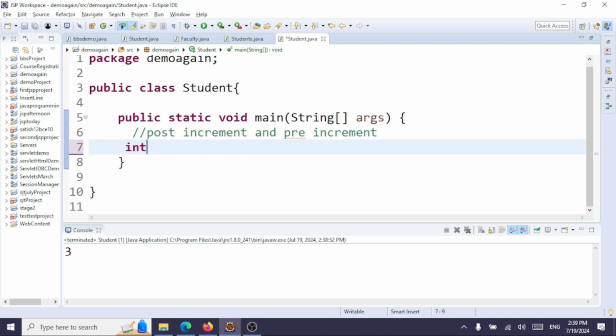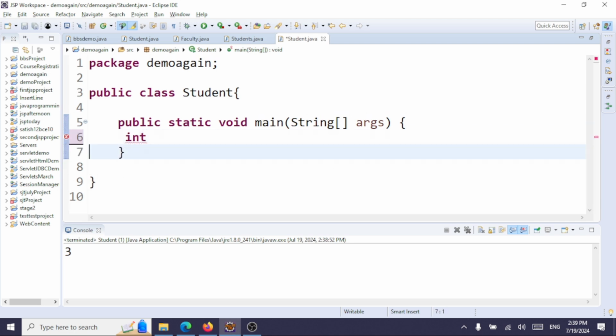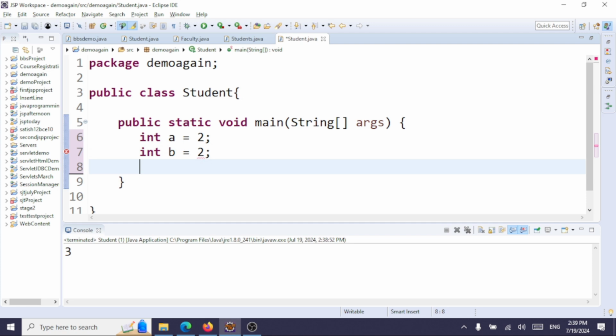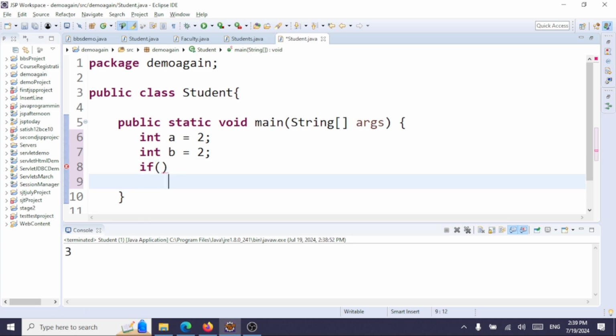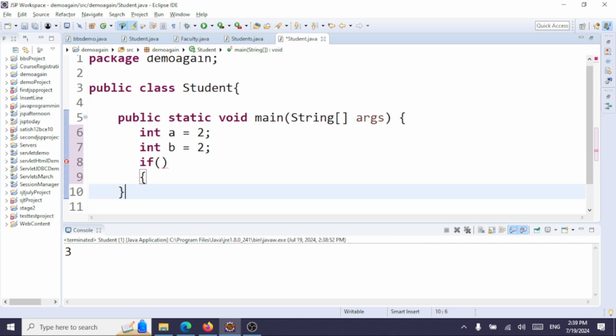Comparing two numbers, let's delete this. Let me say int a equals 2 and int b equals 2. Now, the point is I want to compare these two numbers. How will I compare? I'll use an if statement. So you're learning the syntax for an if here too. So what is the syntax for an if? If, open close parenthesis, and